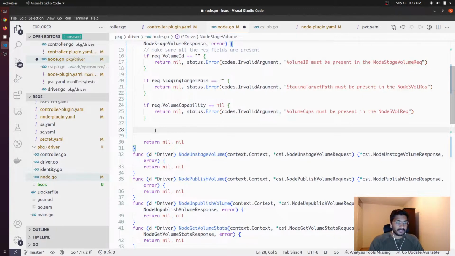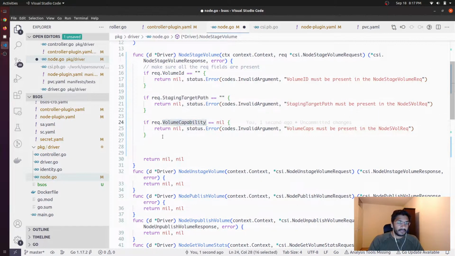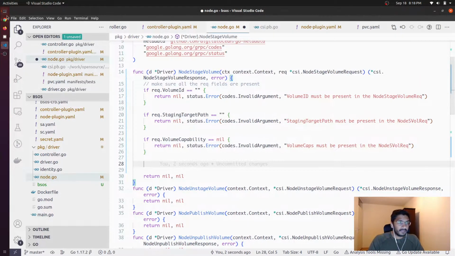So now that we have verified these things, what we will have to do is first of all see if this volume request that was made was actually for block devices, or in other words, if the user who has created a volume request specified that they want the volume to be available as block device. In that case,